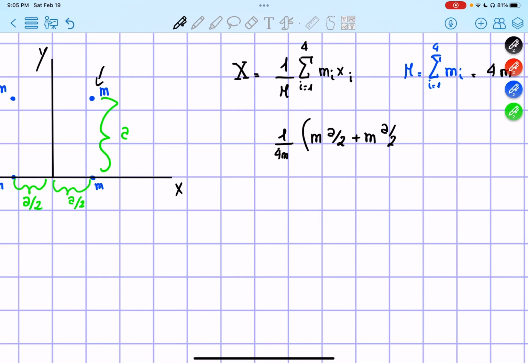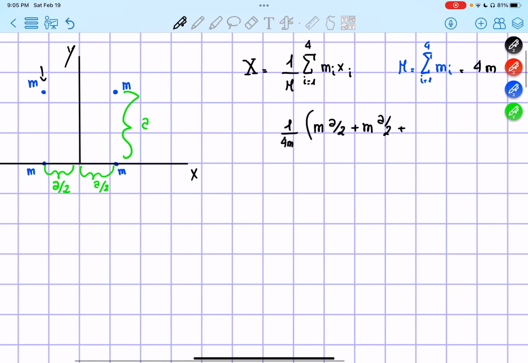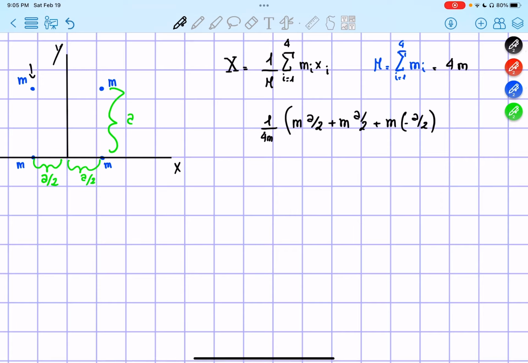Then plus this mass over here, a mass of m, and the distance from the center axis is actually negative a over 2,